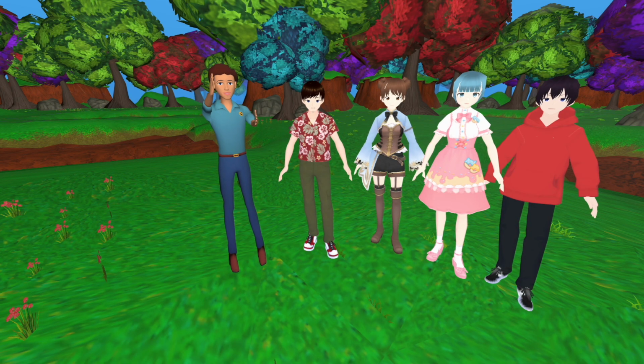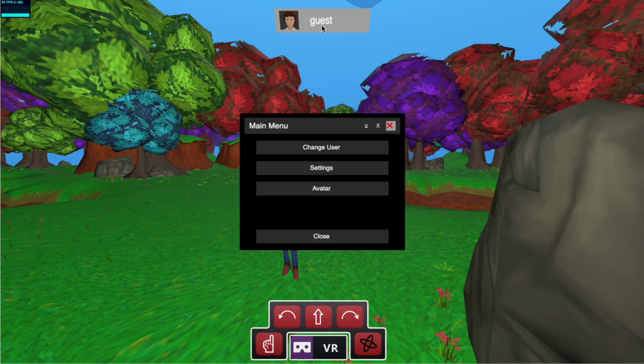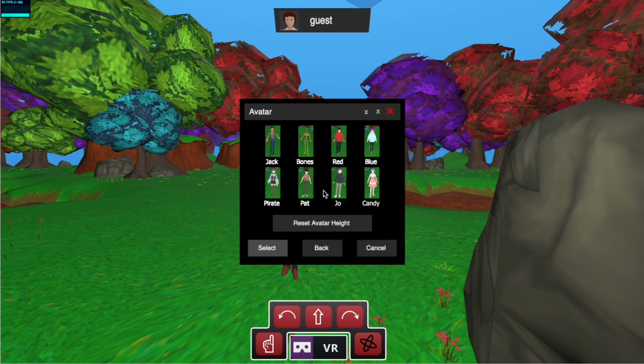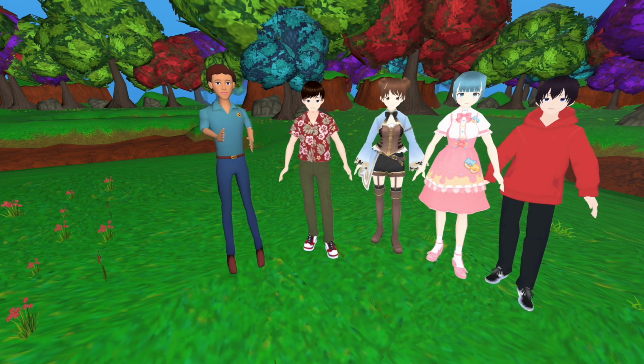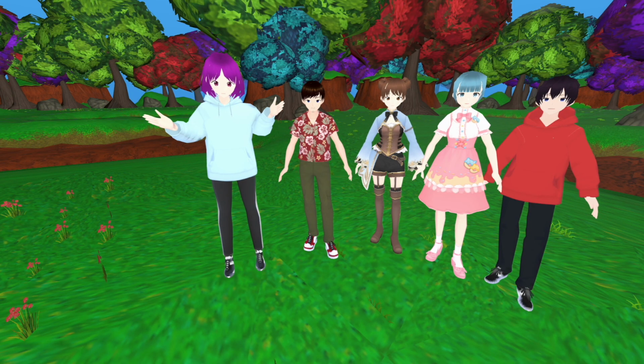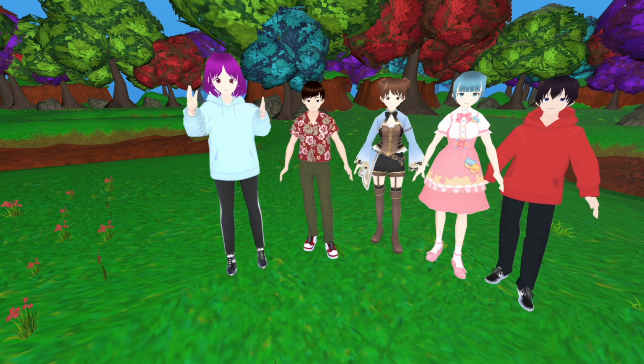It's really easy to change your avatar. Just go to the user menu, select avatar, and then select the avatar you want and press select. Everyone else who's watching you will see your avatar change. It's that easy. Right now, I have a small selection of avatars available, but I plan to add some more